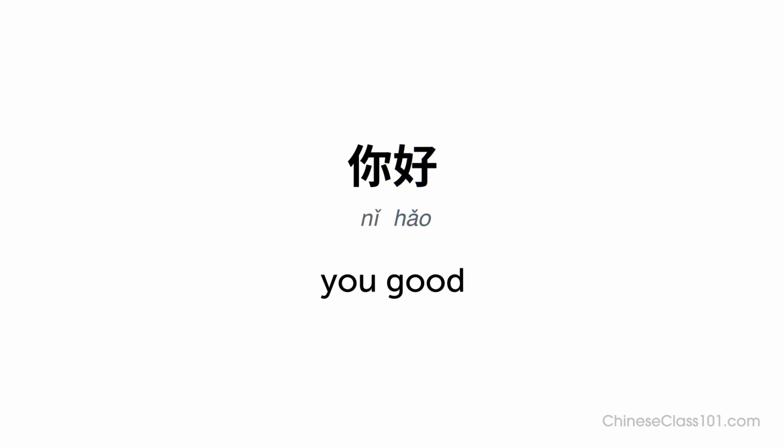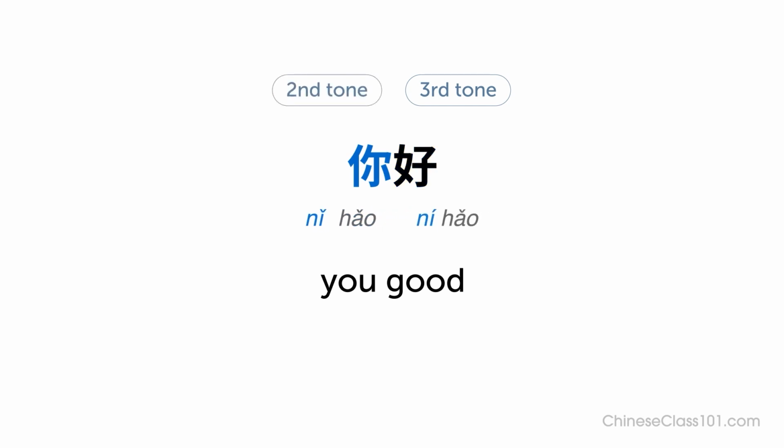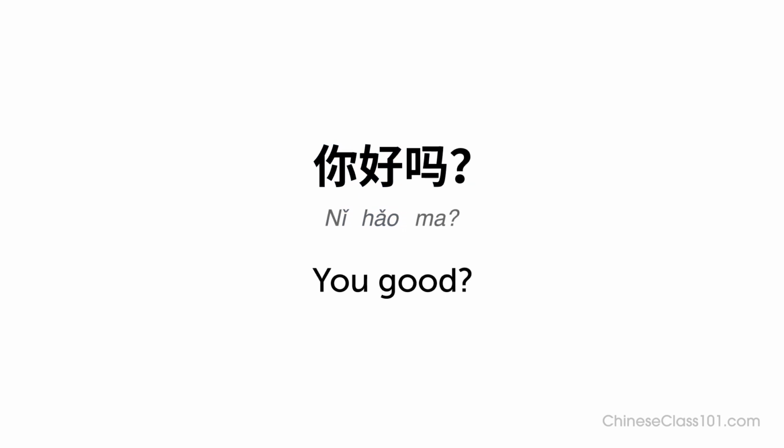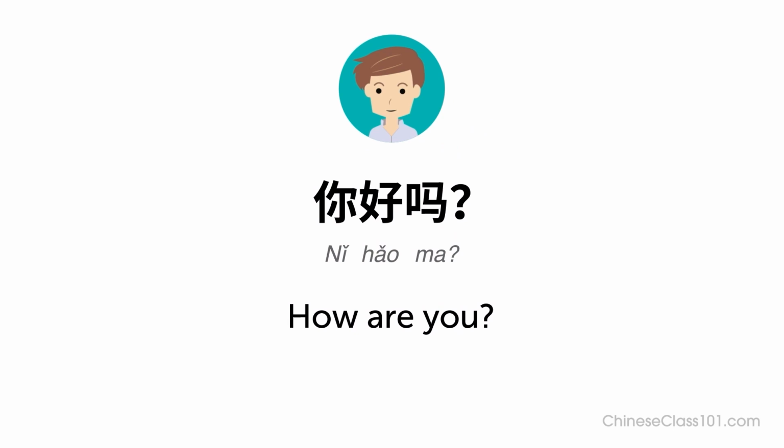Pronunciation note. When there are two third tones in a row, the first one changes to the second tone. Listen to the pronunciation again. 你好 Last is 吗, the question marking particle. It turns the sentence into a question. 吗 Altogether, 你好吗, literally, you good? But it translates as, how are you? 你好吗？